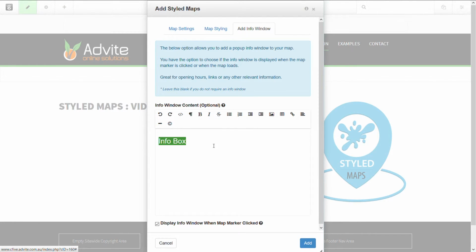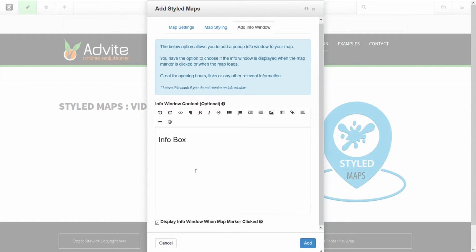we can format that. Again, you can add in an image or a link the usual way, by just going through the rich text editor. Once you have the information in here, you have the option to choose whether the info box is displayed by clicking on the map marker itself, or if you uncheck that, the info box will show by default as soon as the map is loaded on the screen. So just to show you that, I'll uncheck that now, and we'll add the map,